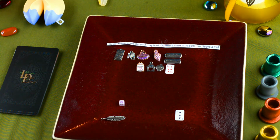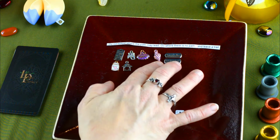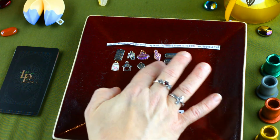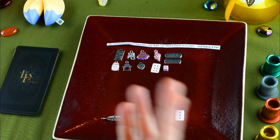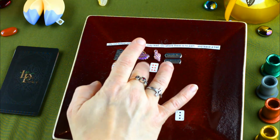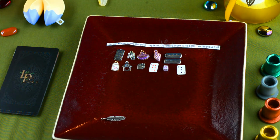So remember, these are general readings, and some of the messages may not resonate for some people specifically. But in this case, I do think there is a portion of you that will resonate, and that is a specific message for you. We do have a letter N, which might be an initial, might mean something. I think of the word no when I see N, so that may be a message specifically for some of you there. We do have the Three of Spades, and that is a little bit of a heartbreaking type